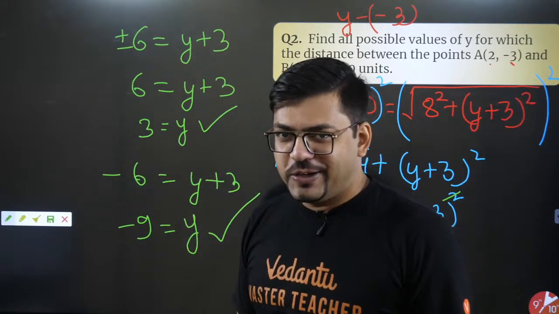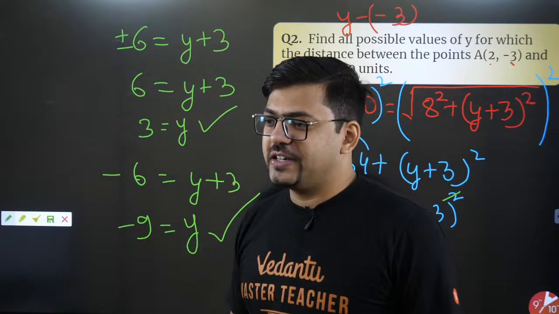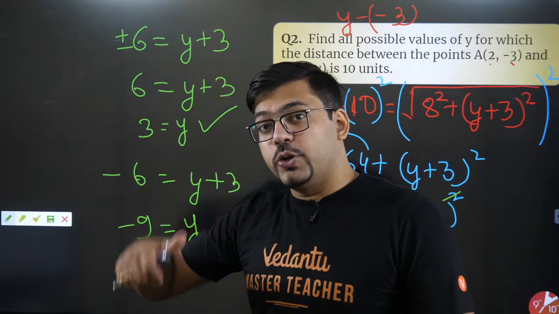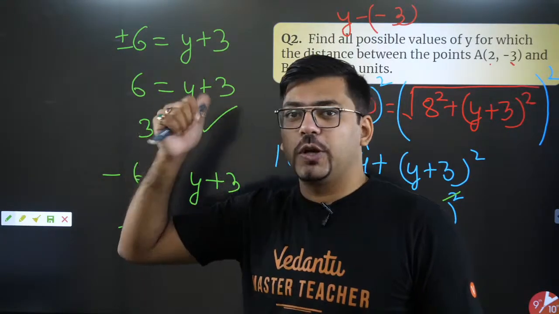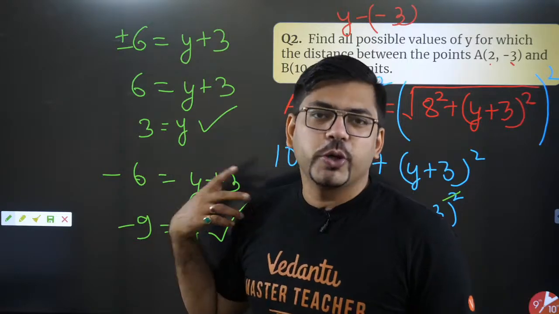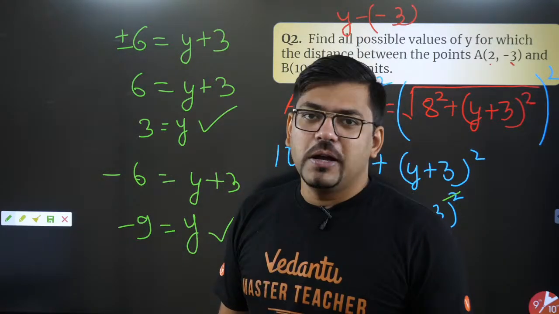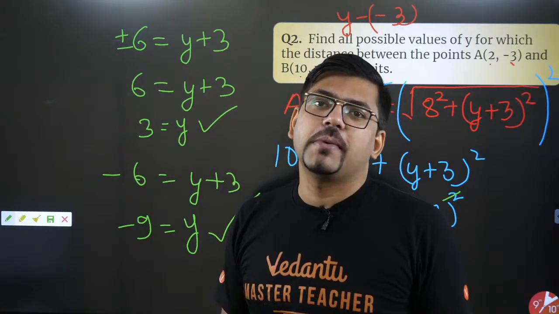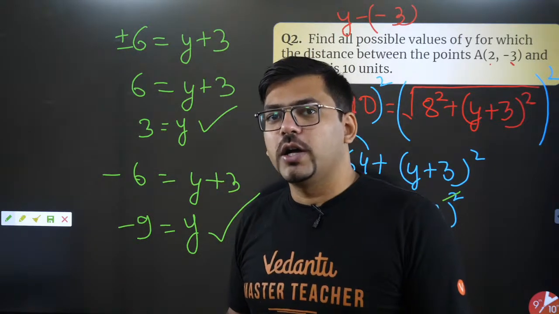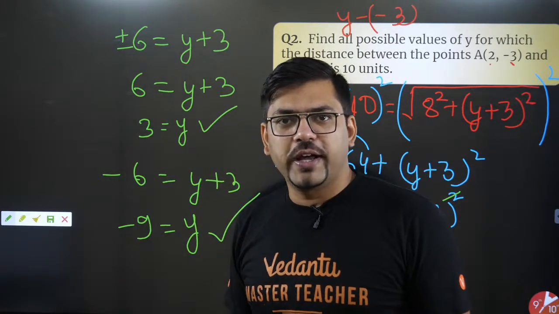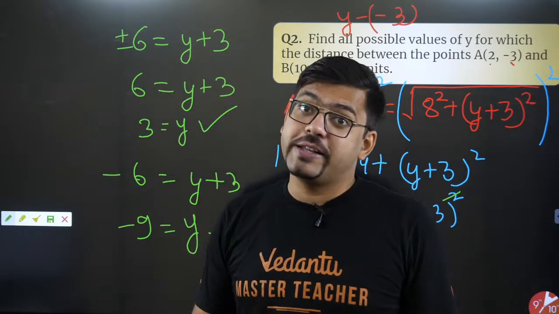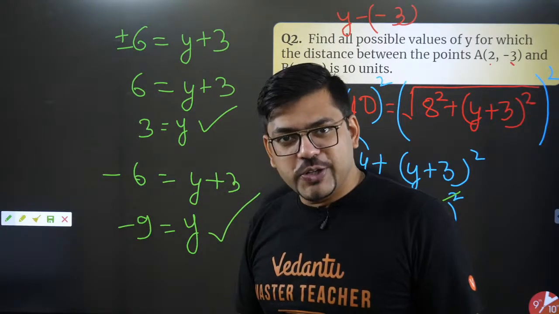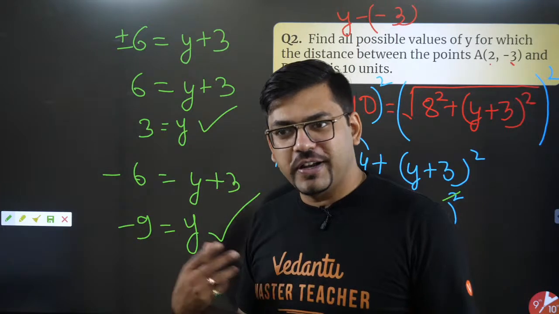Absolutely right, I know that. Sir, is this for standard maths? No, buddy. See, there's nothing called a hard boundary that this is particularly for standard or this is particularly for basic. No. I'm just doing questions for all of you, a little easier level. But this question might even appear in standard mathematics. Why not? Because syllabus is same. In standard mathematics, just the level of the question will be a little on a good side. But it is nowhere written that in standard mathematics paper you won't get easy questions. You will get easy questions. Okay? So I guess you all understood that. If you understood, shall we move on? Yeah, give me a yo-yo.